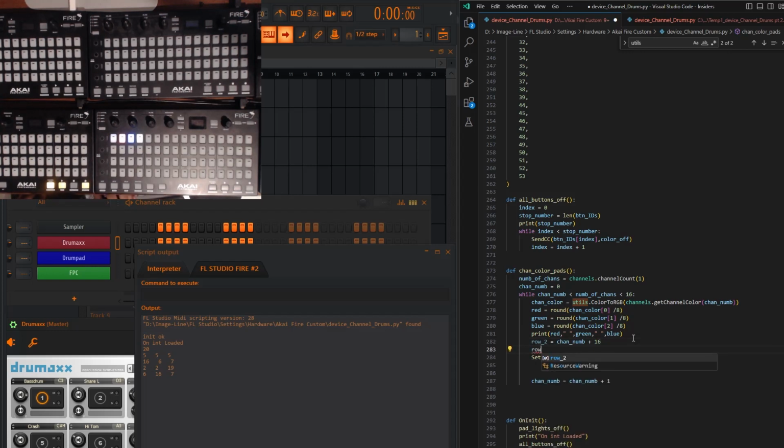Row underscore 3 will be the channel number plus 32. And row 4 will be the channel number